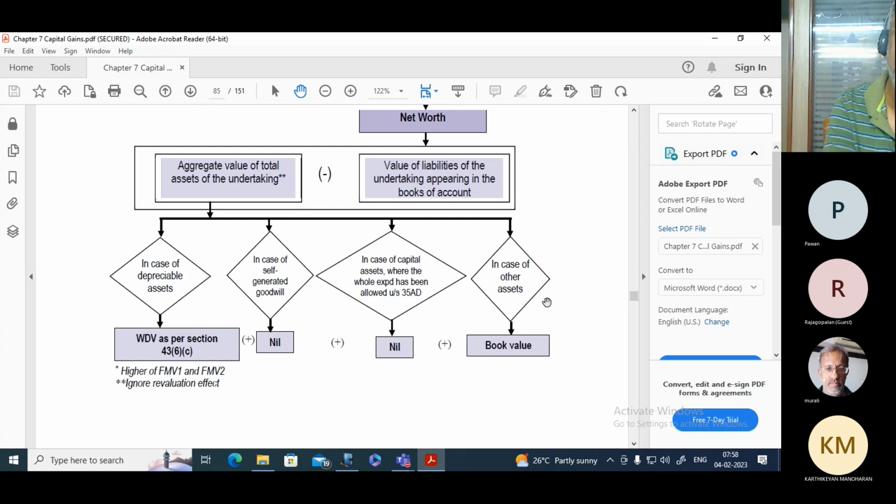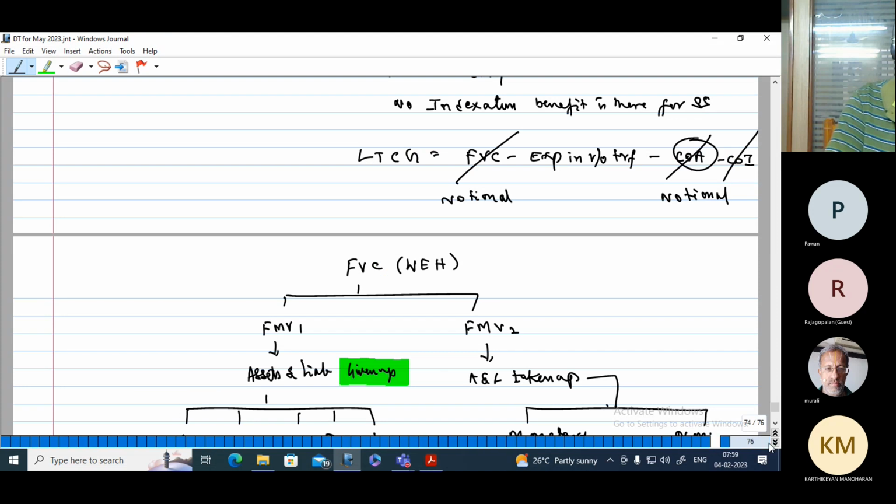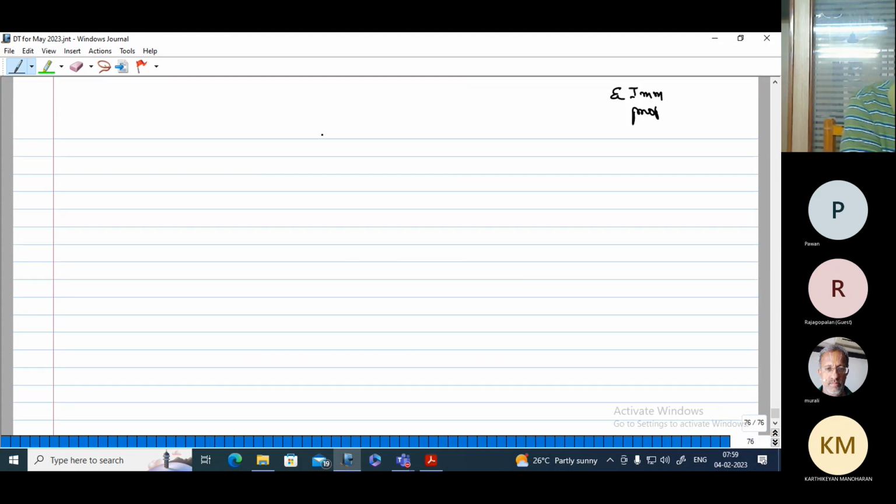That is in case of other assets, then it is going to be book value minus liabilities. The double star is for ignore revaluation effect. That means if you have any revaluation, the effect of revaluation has got to be eliminated. So I will put a note here. So even though it is stated, I would say cost under slump sale,